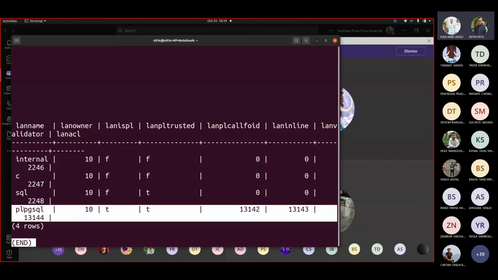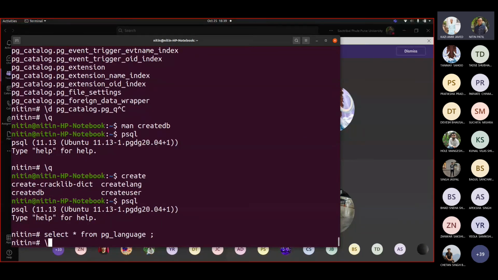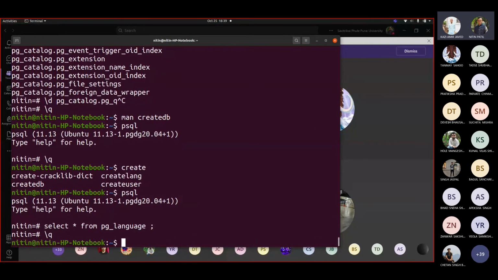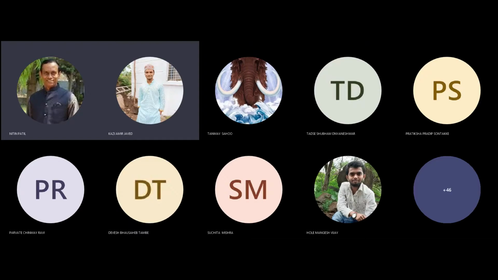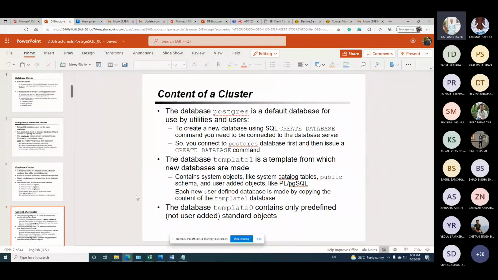So these are the languages. You can create your own language too, provided you have code written for verification of that syntax. So template 1 would be having this. Each new user defined database is made by copying the content of the template 1 database.